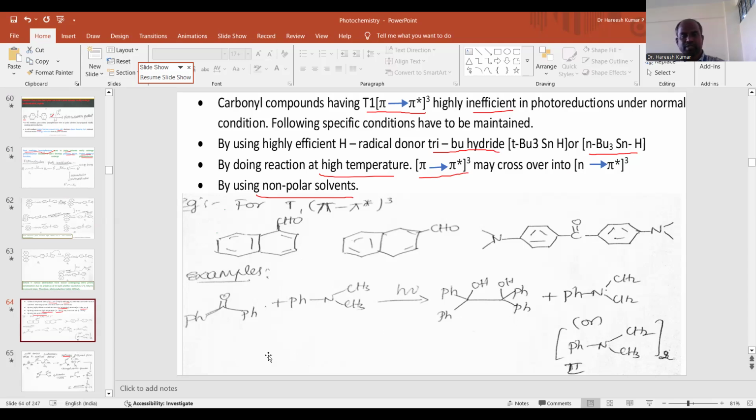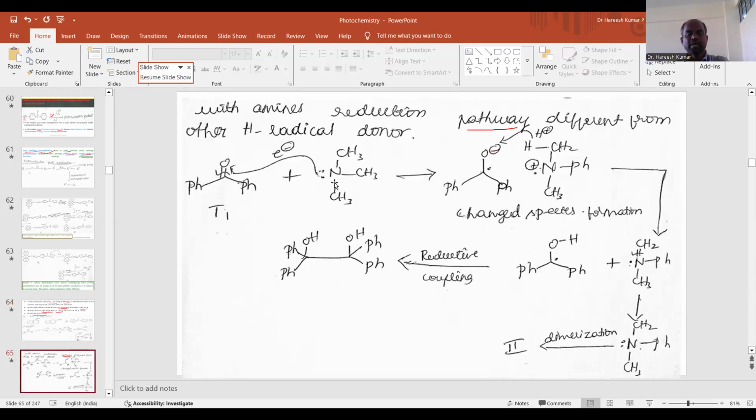Let's look into the mechanism of this reaction. Here, the carbonyl compound reacts with the diethylaniline. On irradiation, it gives the phenol and dimer product. Let's look into the mechanism. So this is the mechanism. The lone pair present on the nitrogen, one electron will be moved from here to here. Thereby O minus and a radical are formed. And this O minus picks up a proton from one of the CH3 of the aniline. Then the obtained one is a radical here. And then one more benzhydryl radical is forming. This benzhydryl radical can undergo dimerization, forming a phenol, and this one undergoes